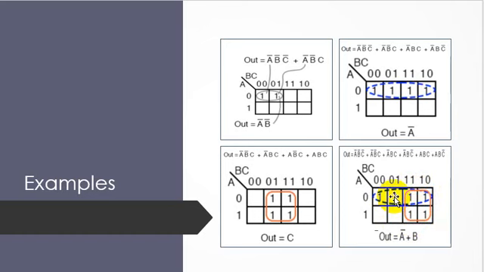So for this the equation step is the same. We just find those input variables which are not going to change throughout the pair. For the blue one we have A is 0, which is not going to change, so we write down A, and because the value of A is 0, it is complemented. And for the red pair we just have B, which is not going to change, and the value of B is 1, so we write it without complement. It's in SOP terms, so we just combine these two.